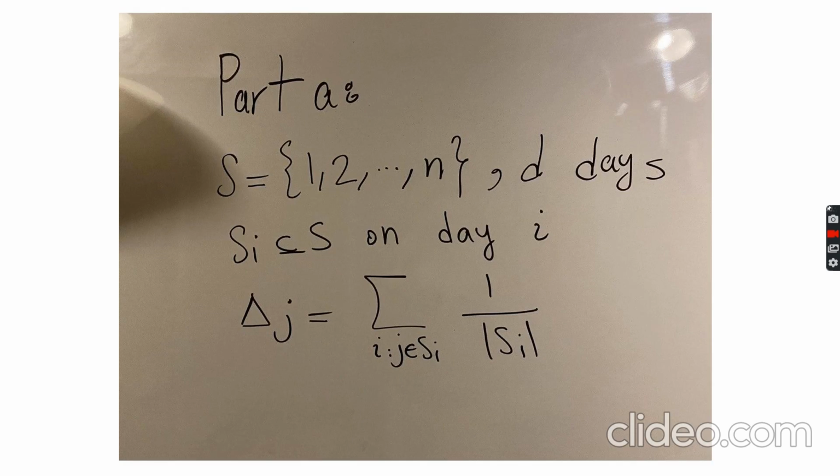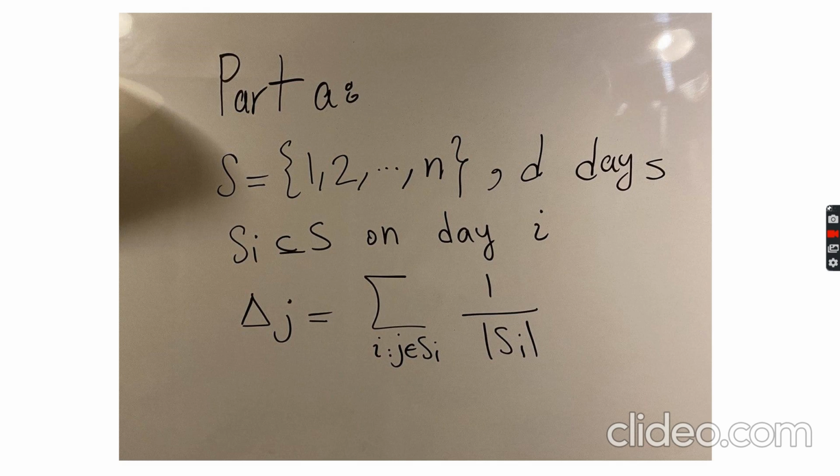In this week's discussion, we are going to see more problems on network flow, and here's the first problem. Assume that we have a set S of n people, and these people are traveling to a certain place